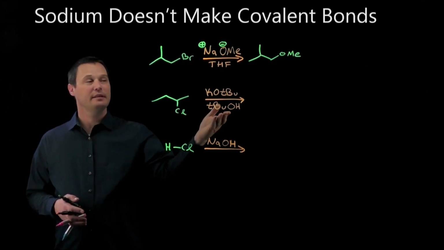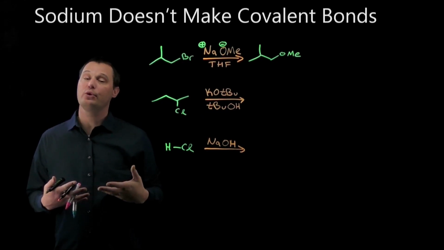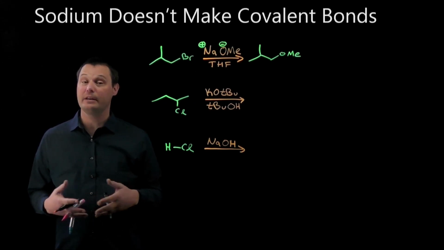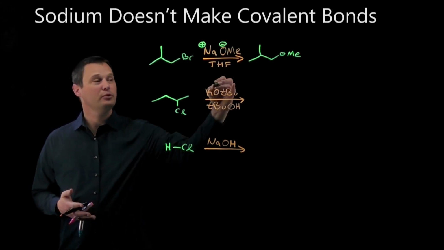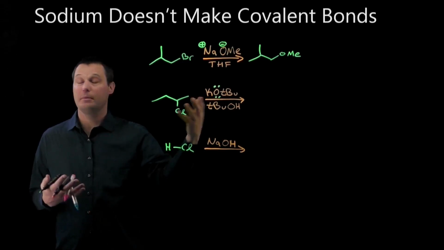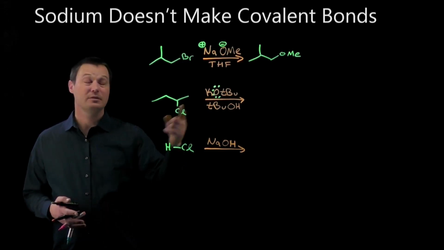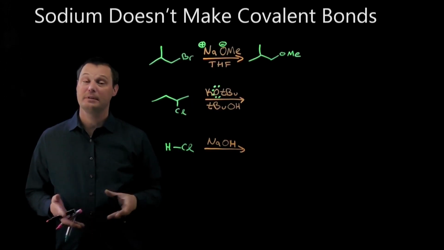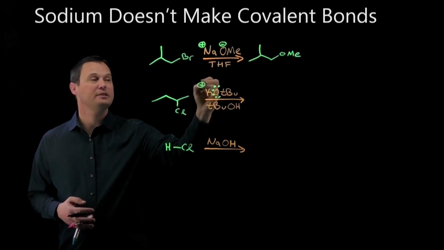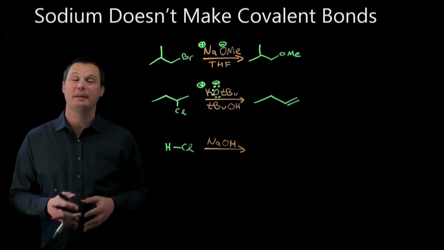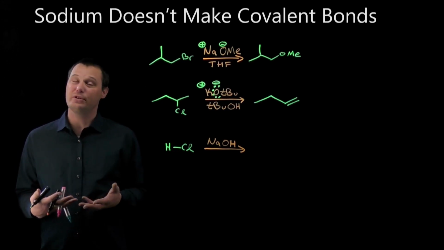Or in a situation like this, I'll see students who want to draw in the lone pairs on the nucleophilic atom, and I firmly support that decision. I think it's a fantastic idea to draw in lone pairs if you need to, but I'll see them draw in 2 lone pairs on oxygen. Here we have potassium, not sodium, but potassium doesn't make covalent bonds either. There's not a covalent bond between oxygen and potassium. There's a third lone pair on oxygen. Potassium doesn't make covalent bonds either. Potassium is fully cationic and oxygen is fully anionic. Even if they get the product correct with the non-Zaitsev alkene, we still need to know that potassium does not